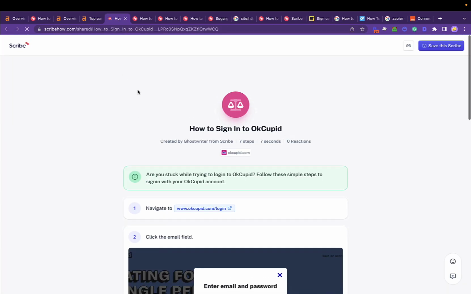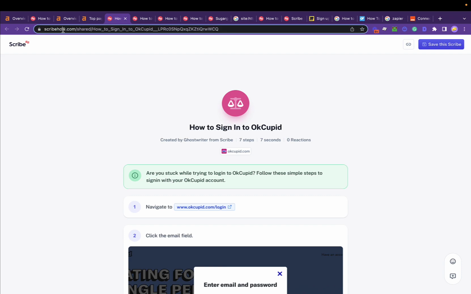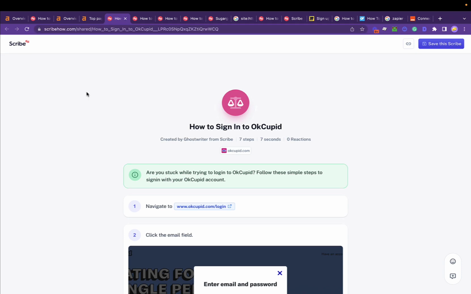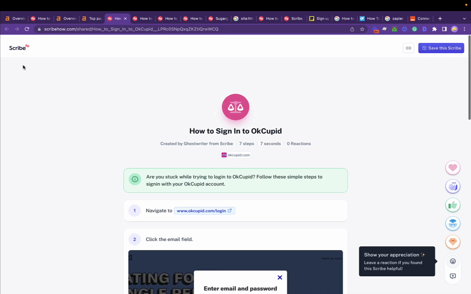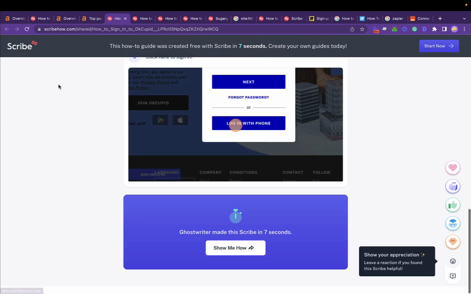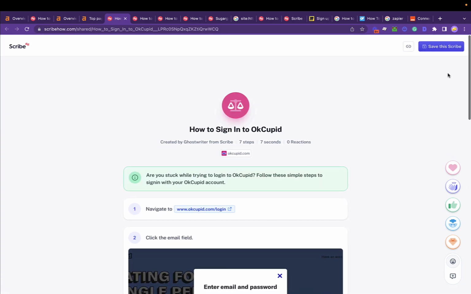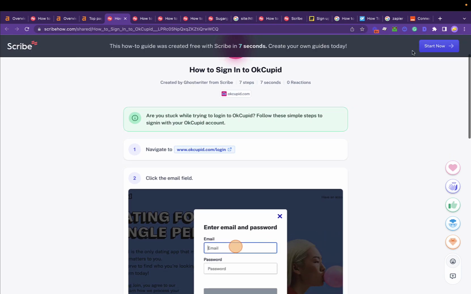All these pages, of course, are on Scribe's domain, and because they have links right up top, this one links to their main domain, and possibly right here as well, they're getting a ton of backlinks from this user-generated content, right? So all these users are generating these how-to guides, either for their teams in private or for the public to see. And it's a bunch of free content that people are benefiting from, and Scribe is getting links from all